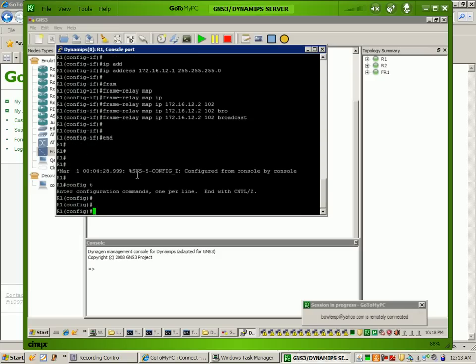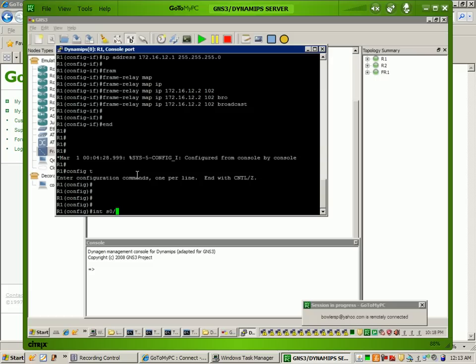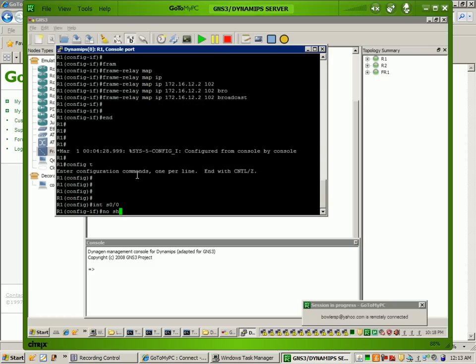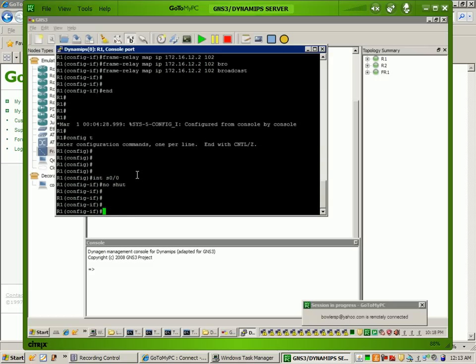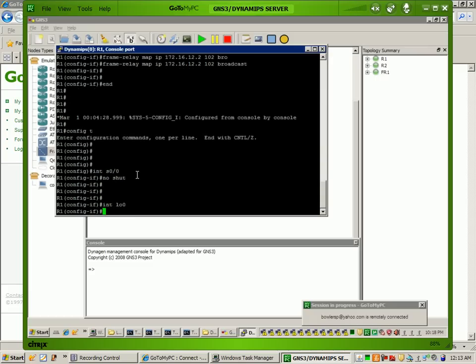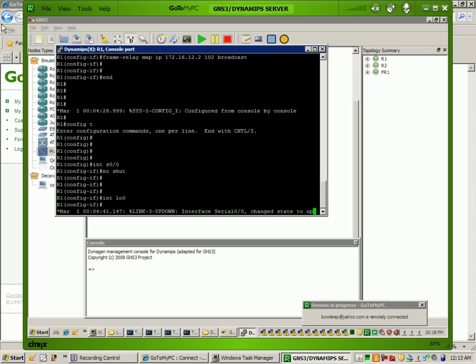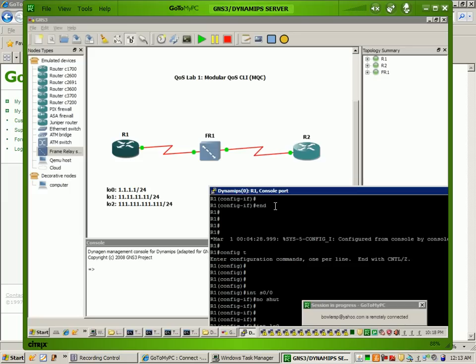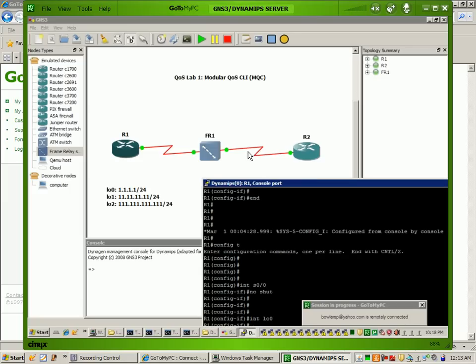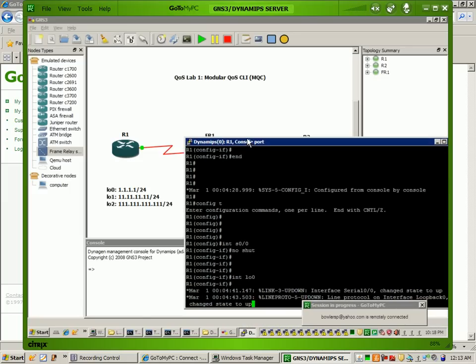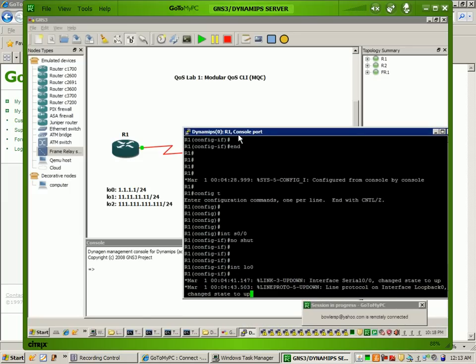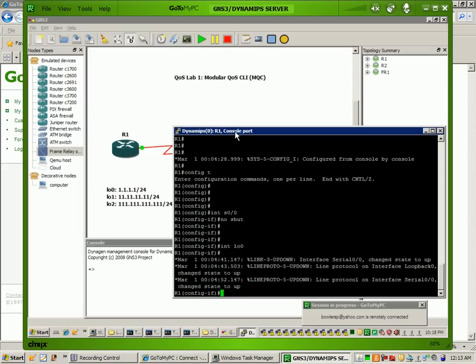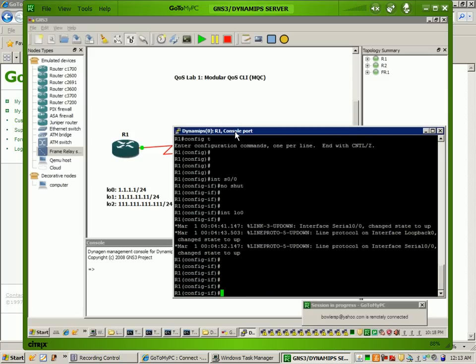And then the last thing we'll do here is go to interface serial 0/0 and do a no shut. Then we'll go ahead and create loopbacks. As you can see, we have loopback 0, 1, and 2. So under loopback 0, we're giving it the IP address of